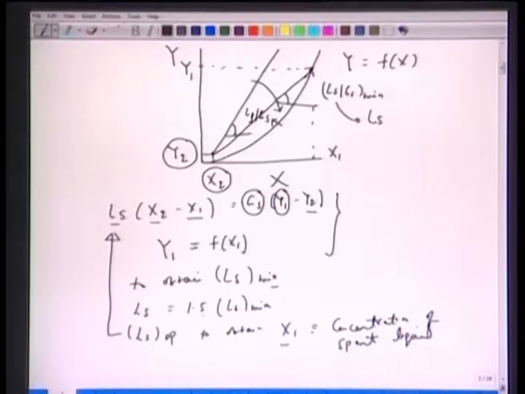Essentially the idea of this small exercise is that we can solve graphically as well as write down the set of equations: the operating line, which is linear, in y equal to mx plus c form, and the equilibrium curve y equal to f(x), the thermodynamics. Two unknowns, two equations. We can determine the unknown quantities here.